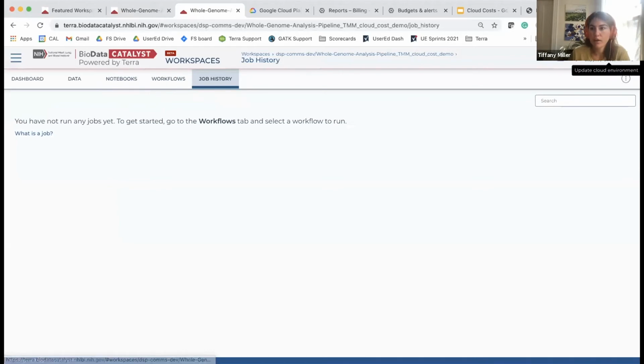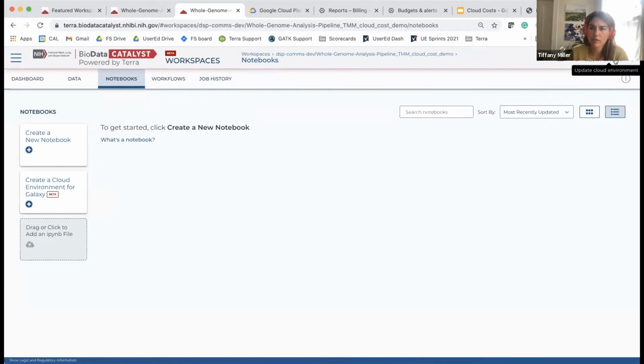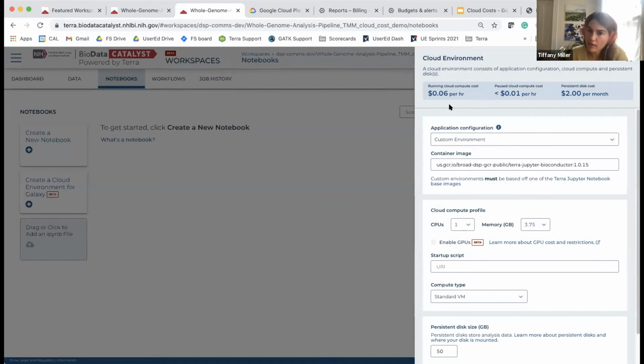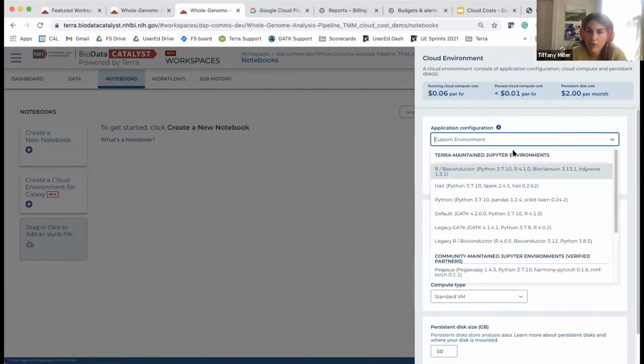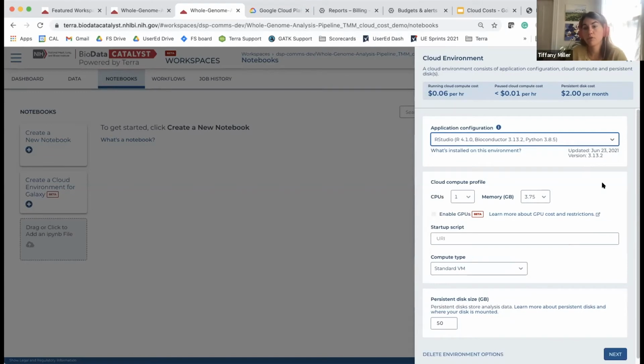So from here, I say now I want to understand how much my interactive analysis is going to cost. I can go to the cloud environments, and we can already see some cost information about this. And I can go ahead and check out the different maintained environments. Let's say I want to use RStudio, and I know that I'm going to be doing most of my work in RStudio. I can select that configuration. Maybe I have a sense of how many CPUs or how much memory I need. I can see that this cost is dynamically getting updated. And say I think I'm going to need a lot more persistent disk, I can also see how that impacts